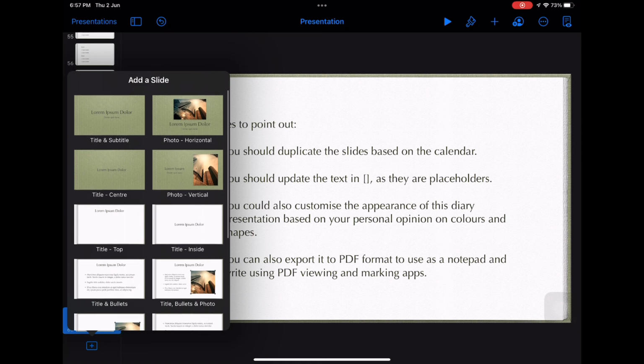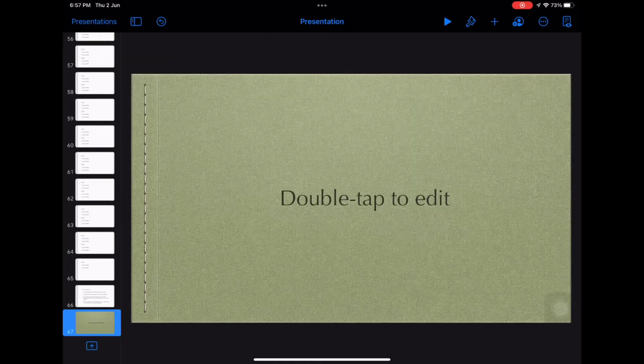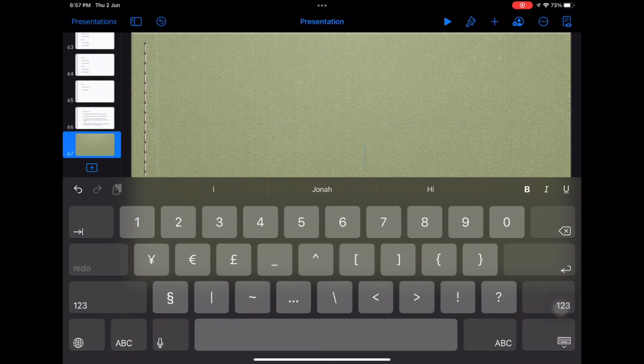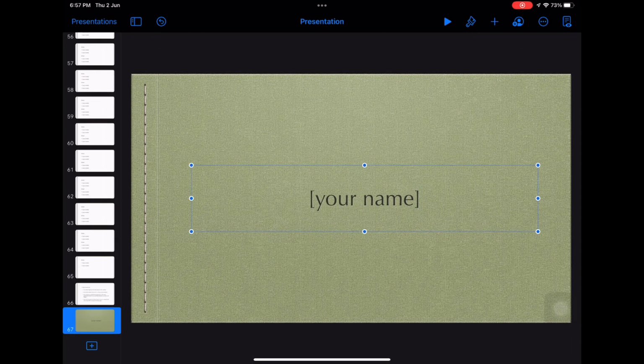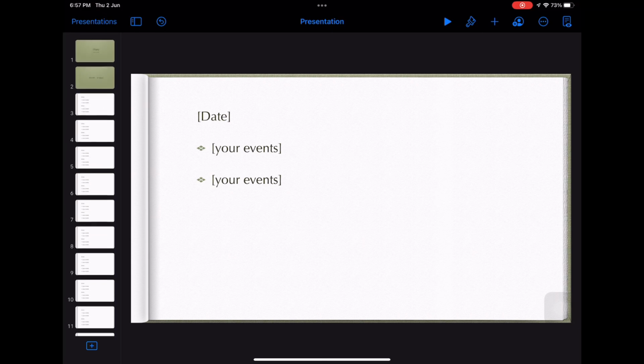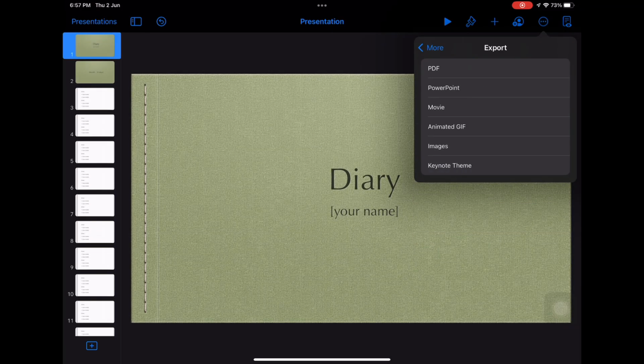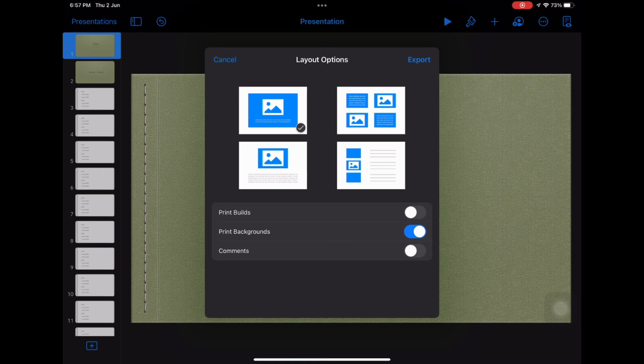Here we're going to create the back page of the diary. It's recommended to input your name at the back of the diary. Here you could export it to